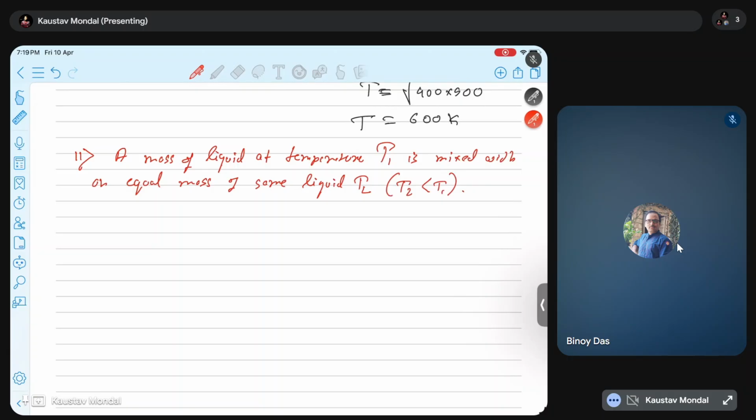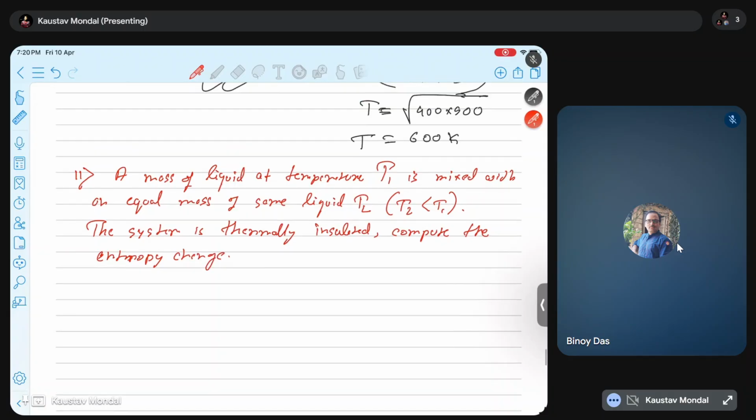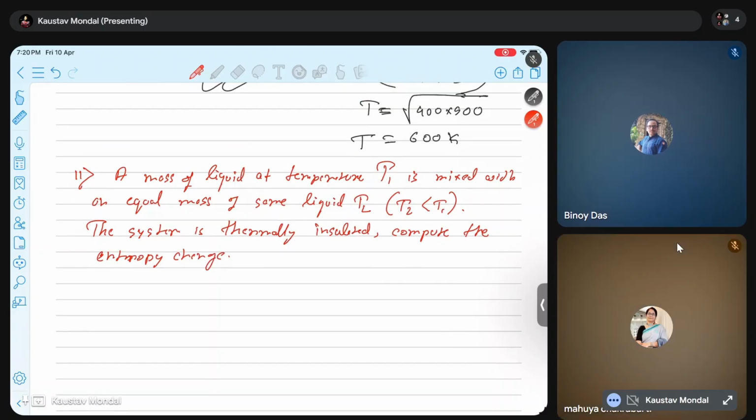The system is thermally insulated, so that means there is basically no heat transfer with the environment. Since it's insulated, you have to compute the change in the entropy. So for that,